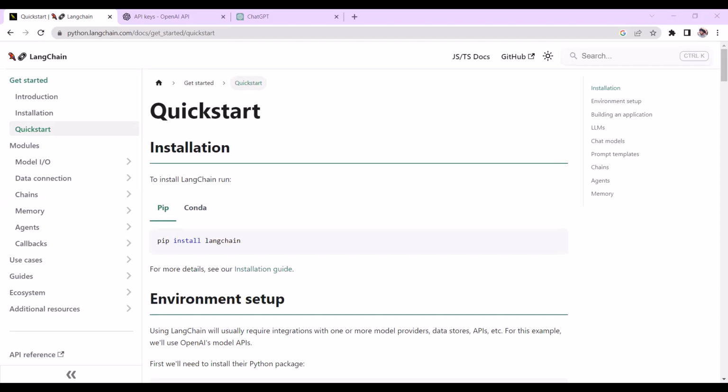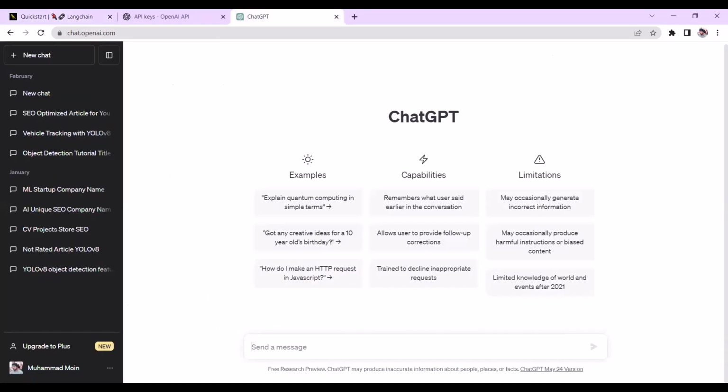So I hope you are all familiar with ChatGPT. ChatGPT has been trained on internet data, and it has been trained till September 2021 data currently. So let me ask ChatGPT a question. As ChatGPT has been trained till September 2021 data, if I ask who won the World Test Championship 2023, as we know that Australia has won the World Test Championship 2023